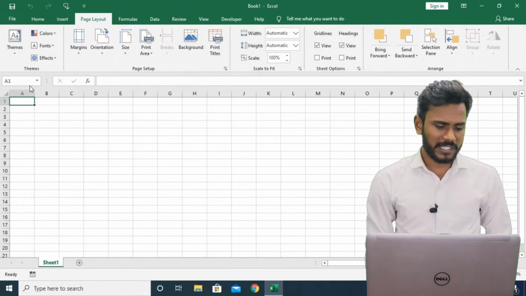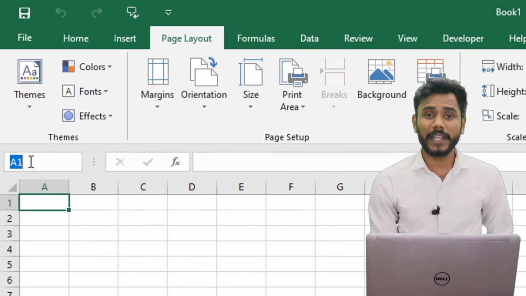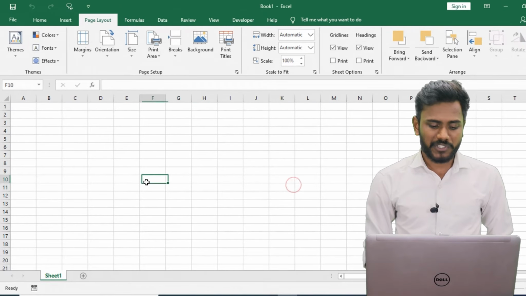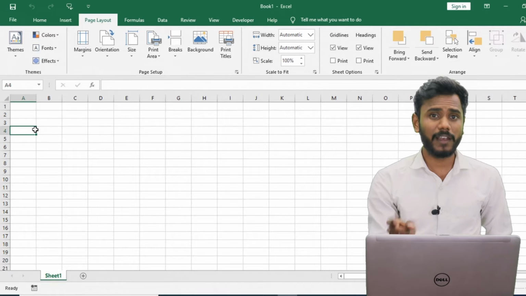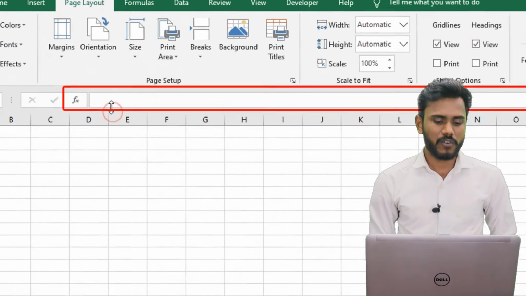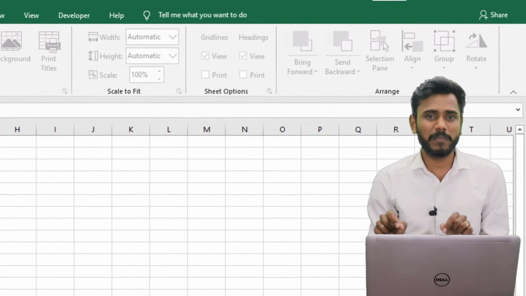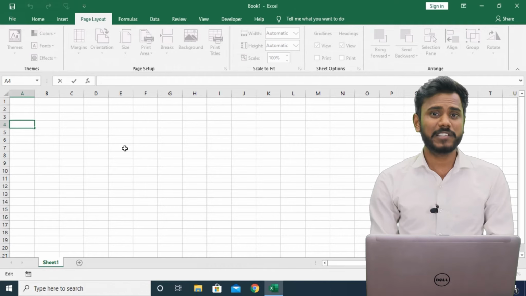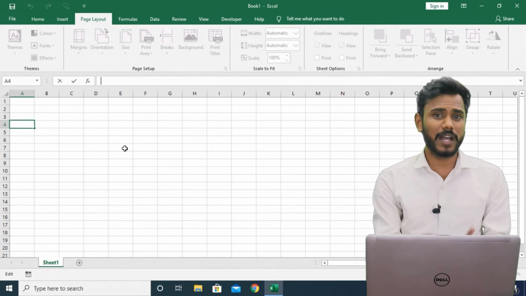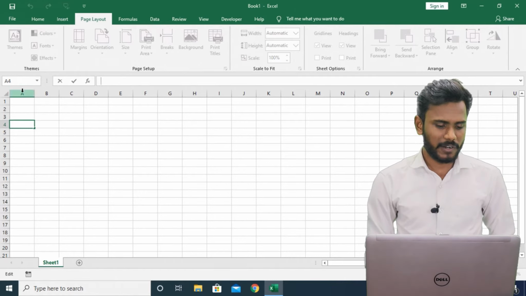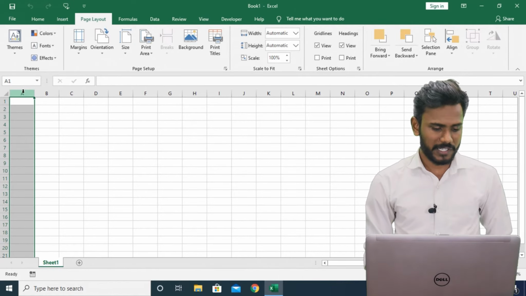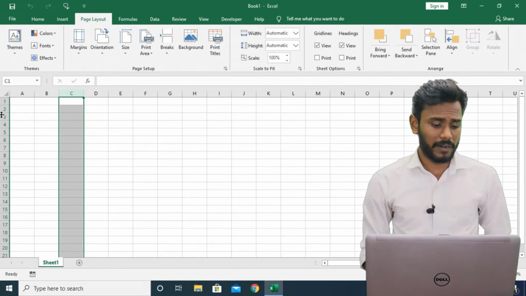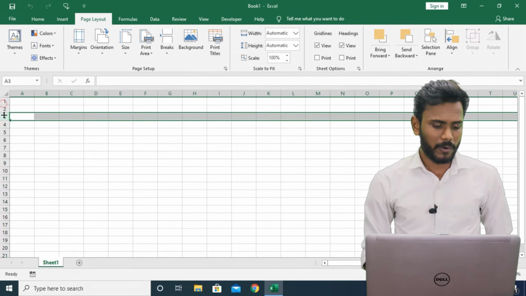Correct? Next, now we'll come down and this is known as the name box or address box. The system is going to display the active cell address or active cell name, right? And this is known as the formula bar, where we can type the formulas. As we already know, Excel is a combination of sheets. A sheet is a combination of rows and columns. The vertical lines are known as columns: this is column A, column B and column C. And the horizontal lines are known as rows: row 1, row 2, row 3.